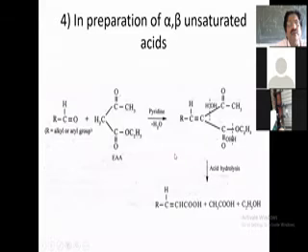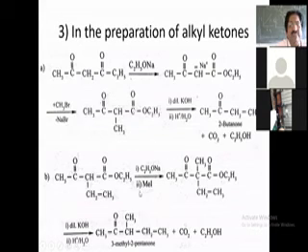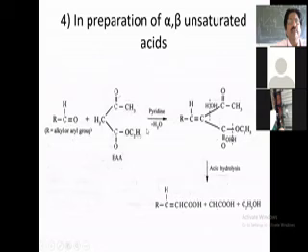Similarly, the second example is the same. The only thing is that here the addition has taken place. Okay, this is a compound. Once again, the same here. The intermediate compound is taken, and that is once again treated with that. What you are getting is 3-methyl-2-pentanone. So once again, the reaction and other things remain the same. The only important thing is that there is no mechanism, you only have to write the reaction. So if you remember one example, I think it is enough in the preparation of the alkyl ketones.